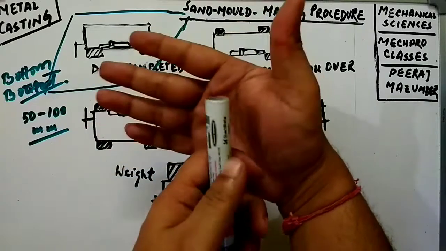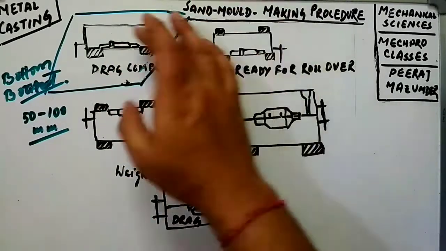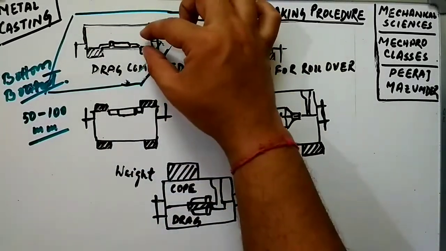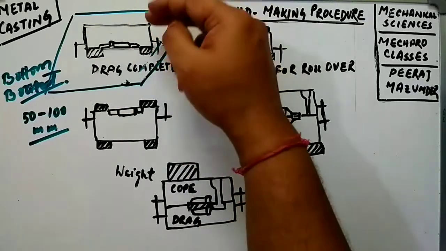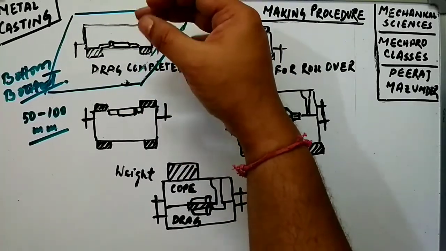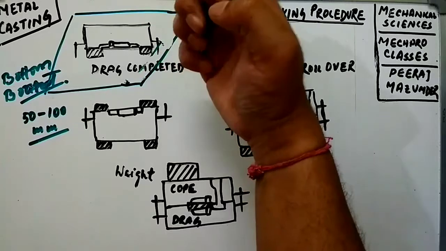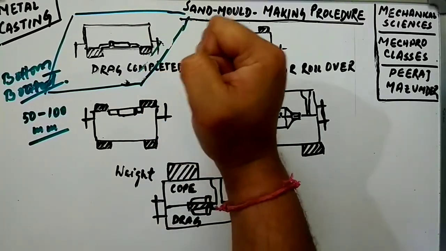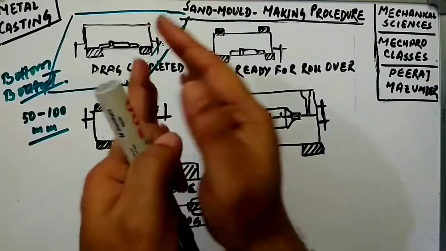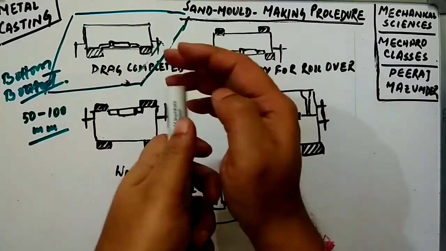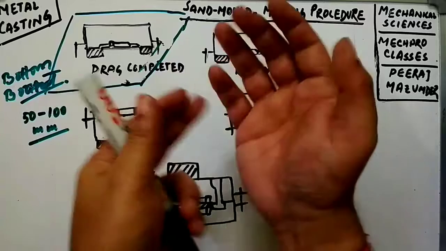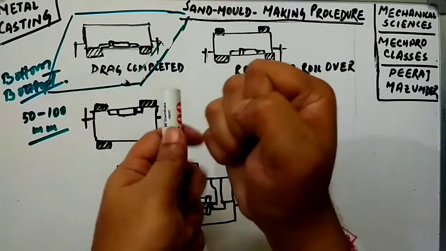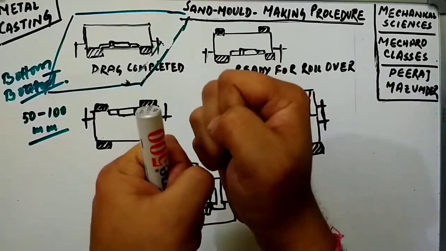After filling the freshly prepared 30 to 50 millimeter, you put the backup sand and ram it uniformly to compact the sand, to give strength to the molding sand. Now the ramming of the sand should be done very properly so as not to compact it too hard. If you ram it too hard, it will